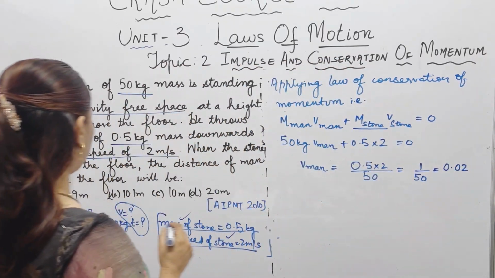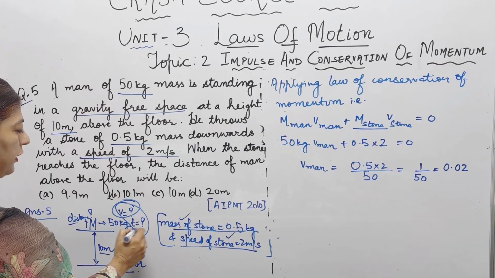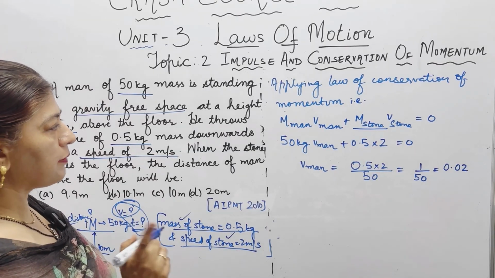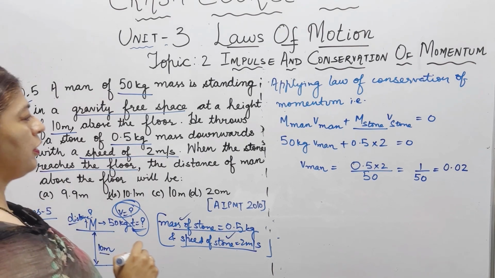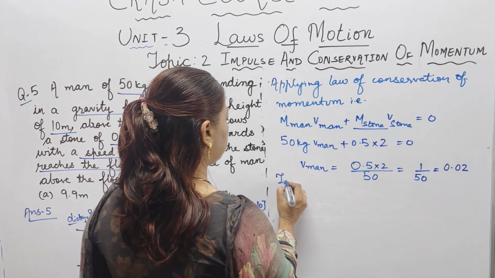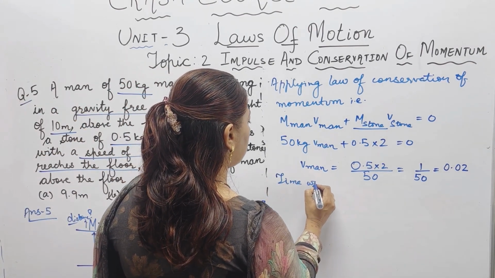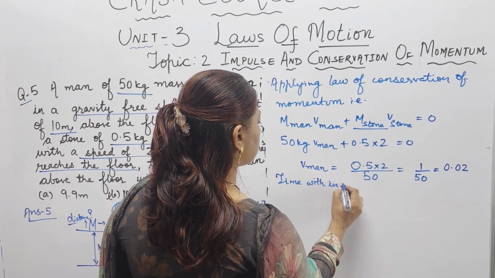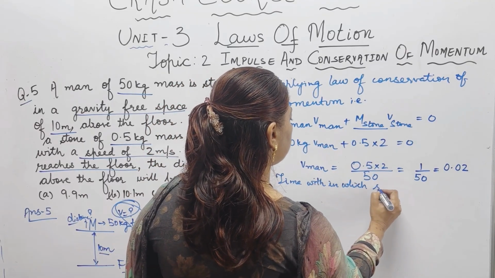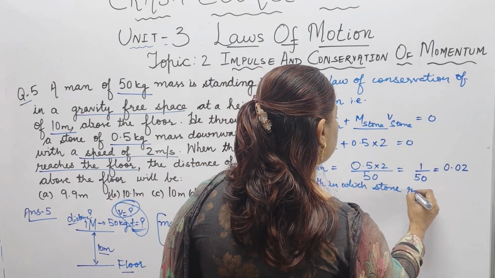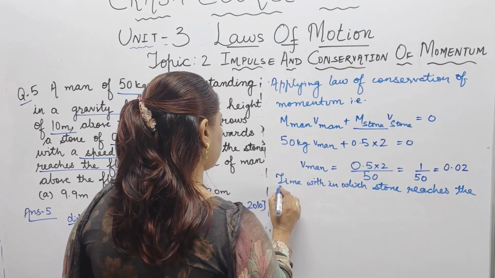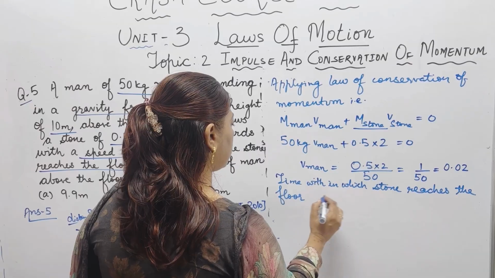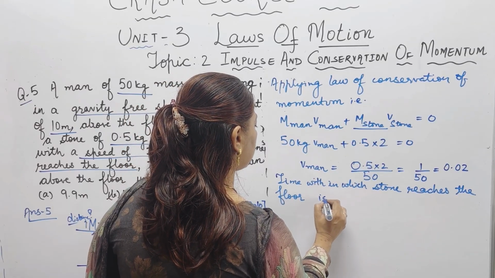So we have calculated this velocity, only time is required, and time is how much? The time when the stone reaches the floor. So time within which stone reaches the floor is